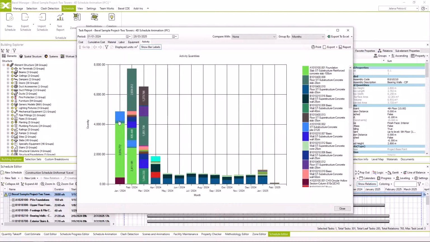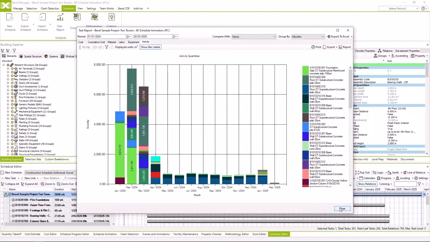The first 3 months are, let me say, critical, so let's simply modify our schedule and change the duration of some scheduled tasks. I'm going to focus on activities we see here,